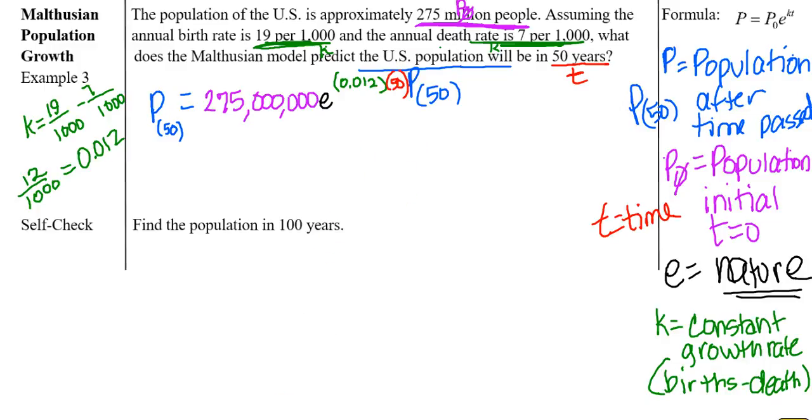All right. I'm going to move this out of the way a little bit so we have a little more room to see what's going on. So you're going to plug that into your calculator. So I'm going to press pause so you can do that. So you're going to get the answer of 501 million. I should be writing this in blue because this is my population. So the population at year 50 is 501 million